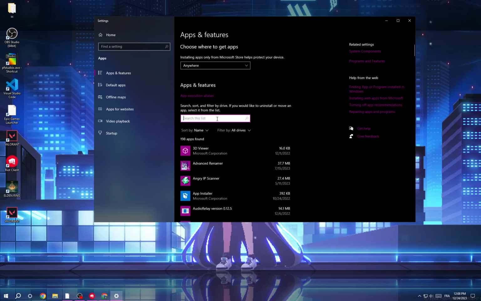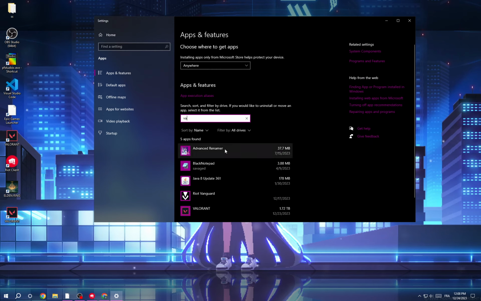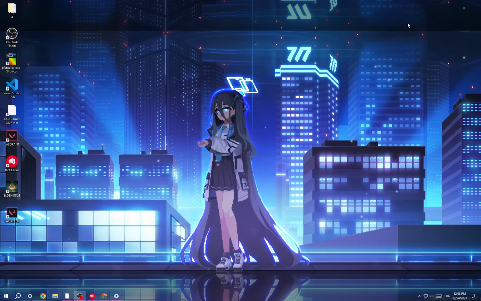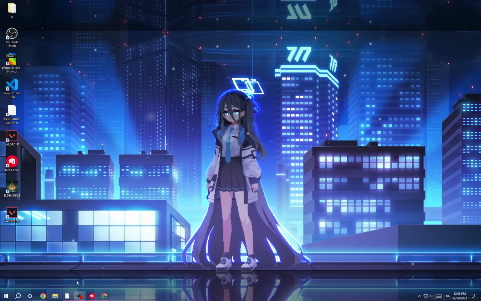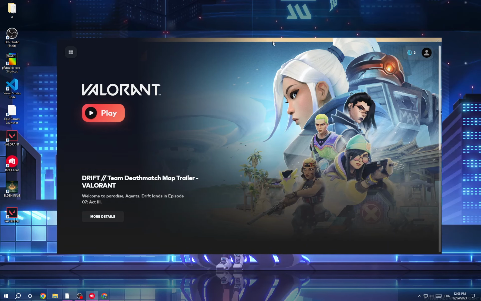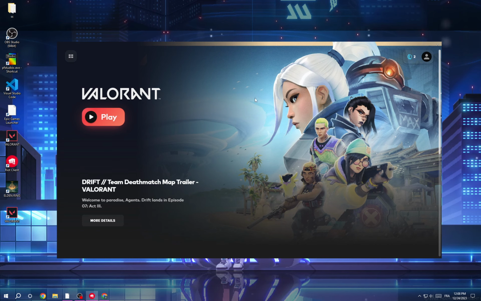and after that type here Vanguard and then uninstall it, and after that just try again. Click here and it will ask you to install Vanguard, so just install it and then wait a few seconds, and after Vanguard is installed all you have to do, it will start automatically updating Valorant, and I hope that